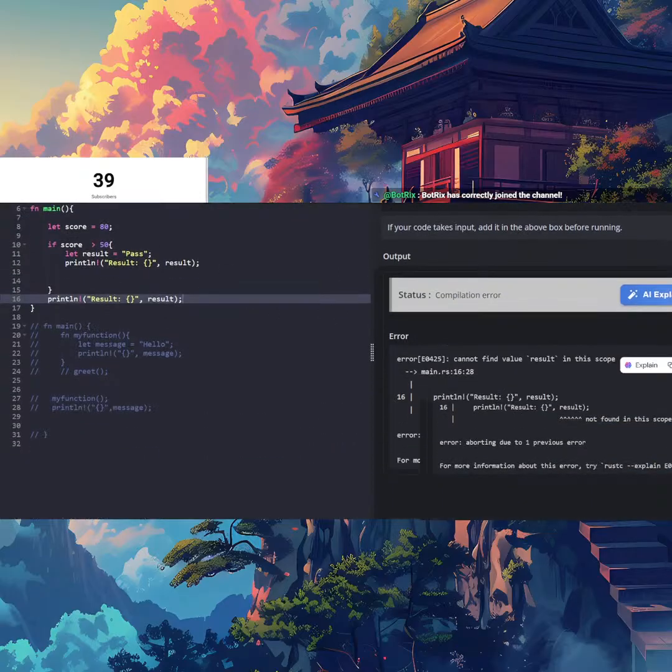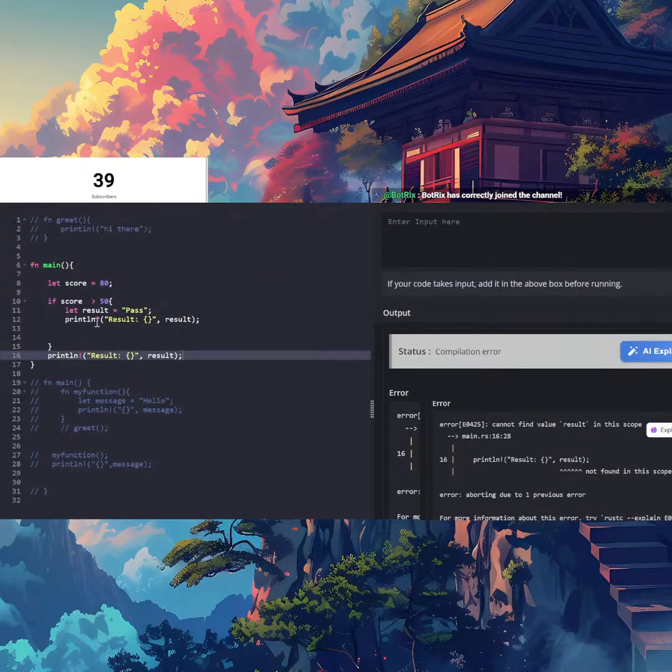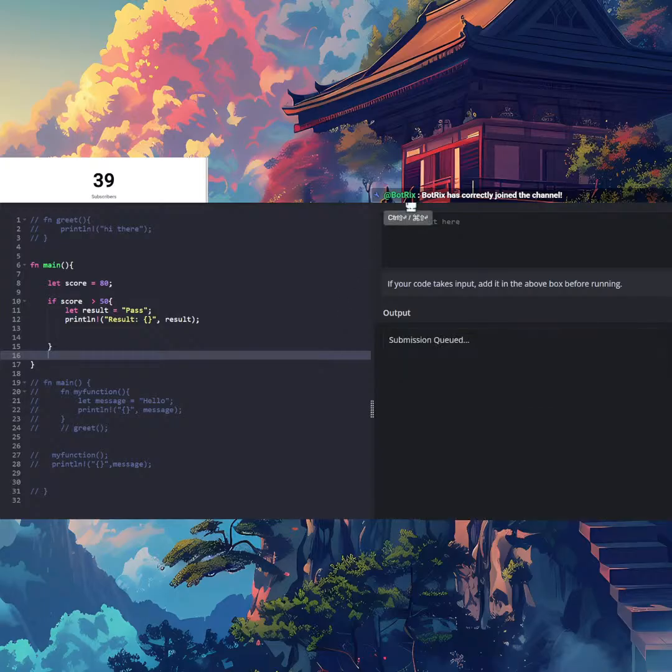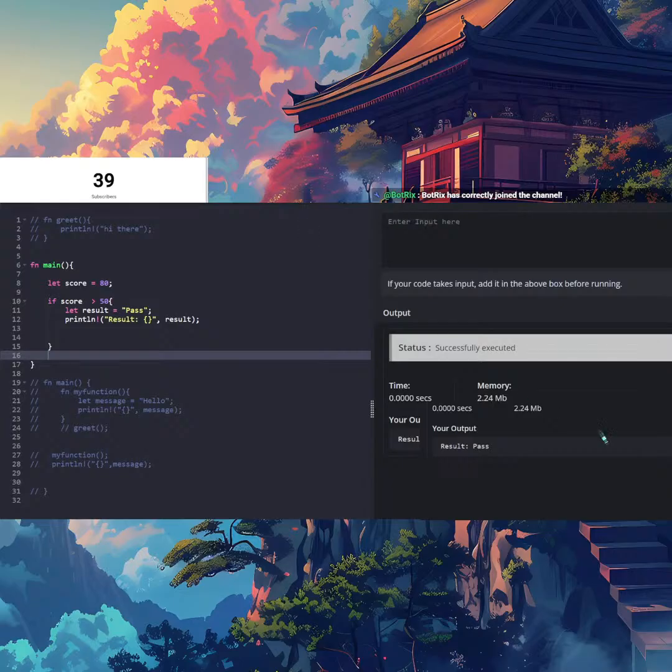It can't be doing that because it doesn't work, because the current scope is not the one where you made it. So that's something to be removed, because it's not in the scope of the if statement either. But if you do it inside, it works. Result pass, something like that would work.